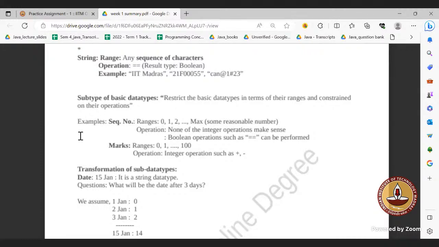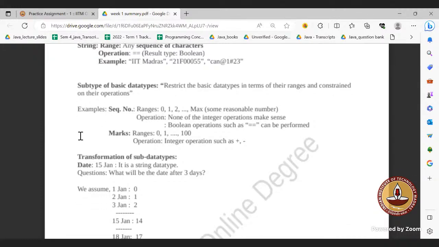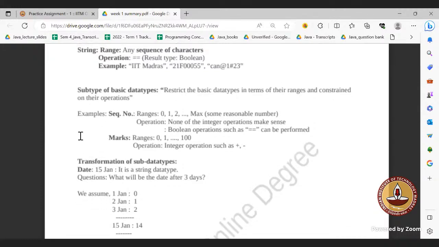So regarding the subtype of basic data types, so these are like you can just